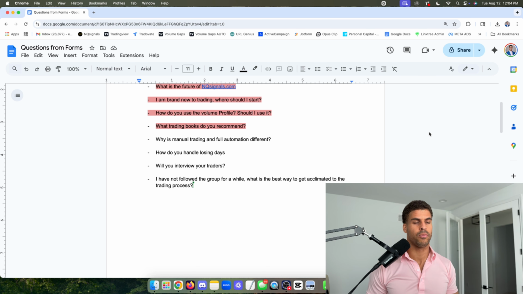So manual trading relies primarily on your timing. You could technically trade like a robot if you had 24 hours a day, you never got tired, and you never had any emotions. You could take the same setup every single time. Full automation is kind of the opposite. It's not even looking at charts. Full automation is not a chart game. Manual trading is primarily only a chart game. And so they are just polar opposites.